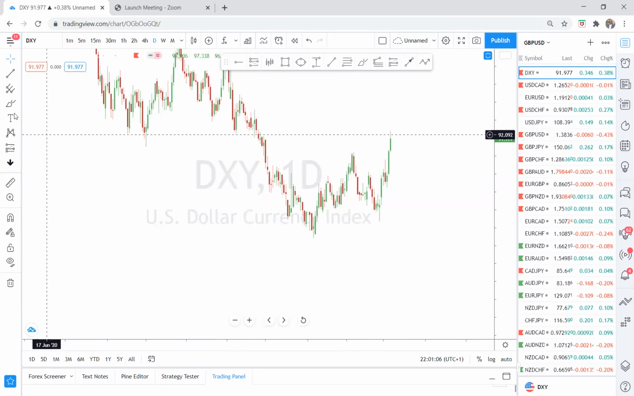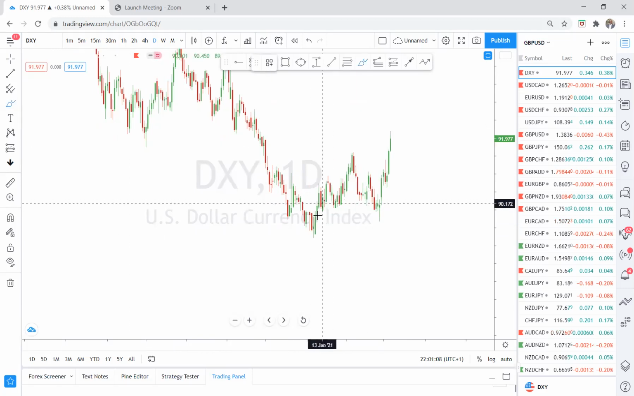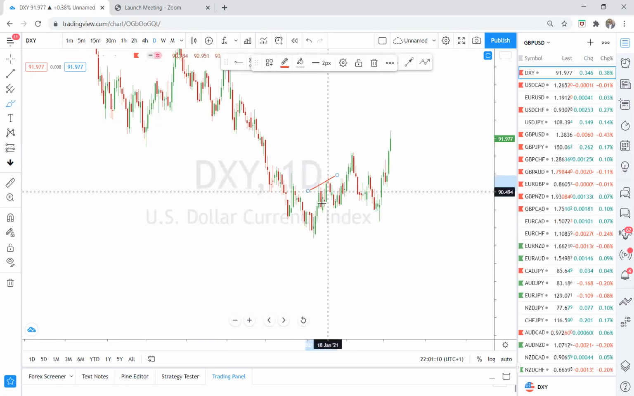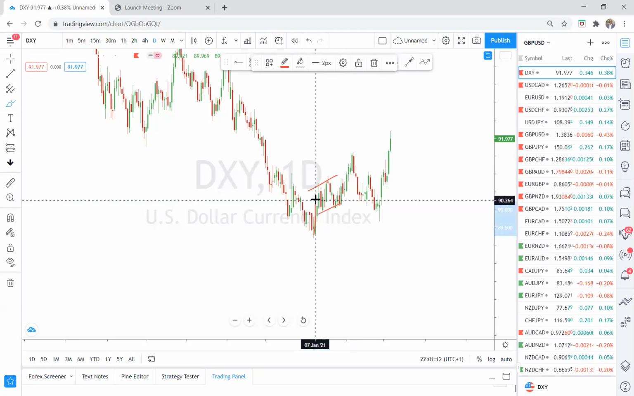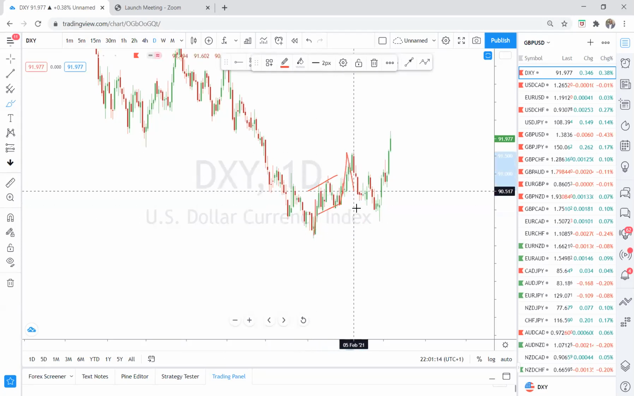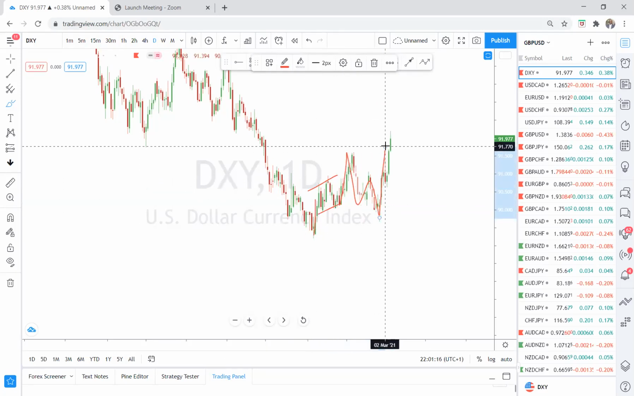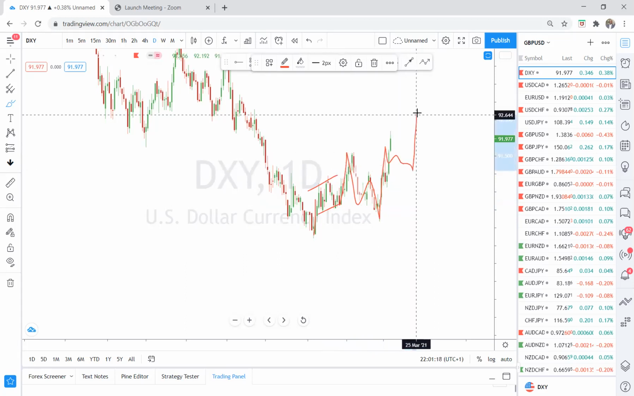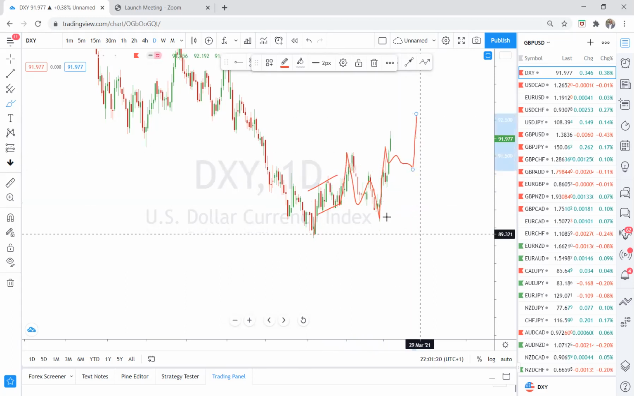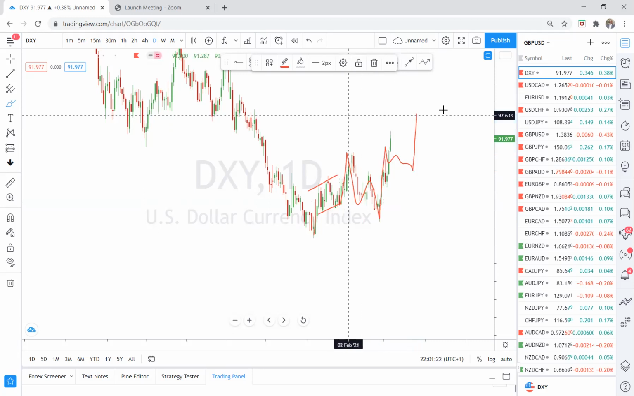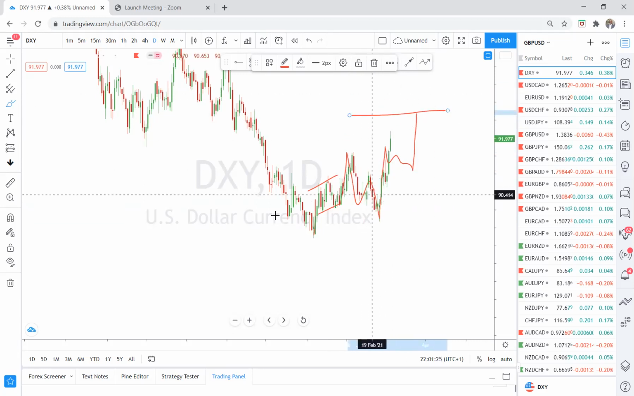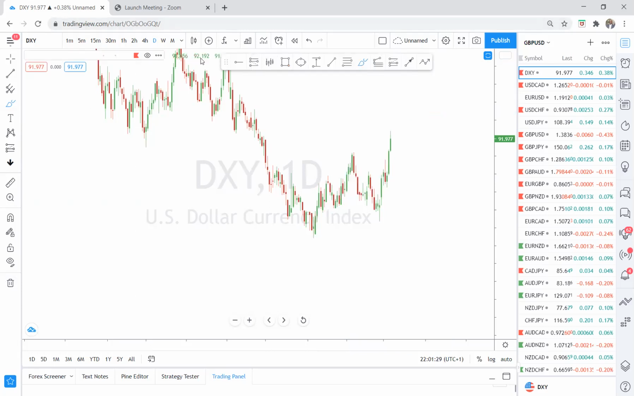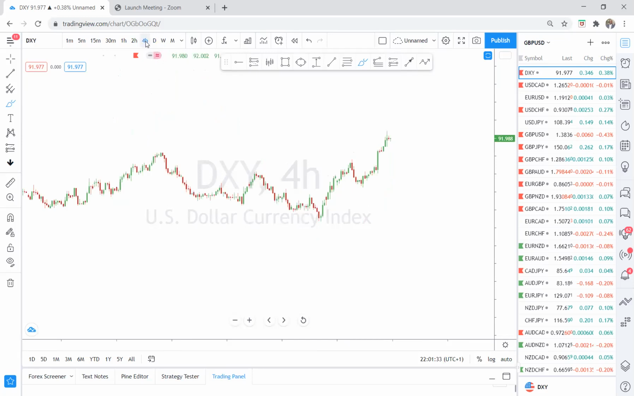All right, DXY. What DXY is doing, the structure is very clear. You have three-wave move here, a three-wave pullback. We expect this correction at this level and a push to the upside. When DXY gets to this level, we begin to look for a sell opportunity. But at the moment, allow correction to take place at the current level, and then from there, we can proceed